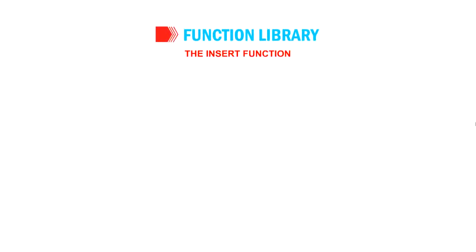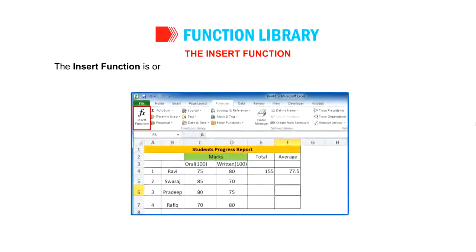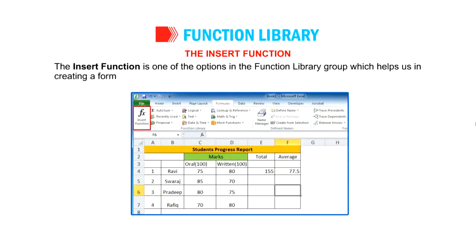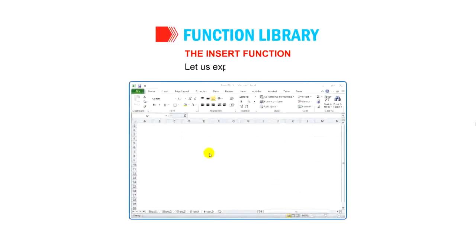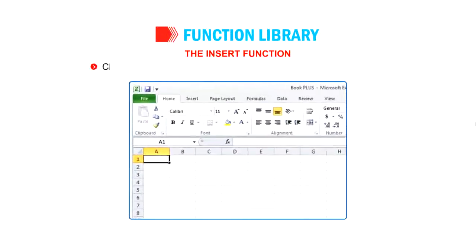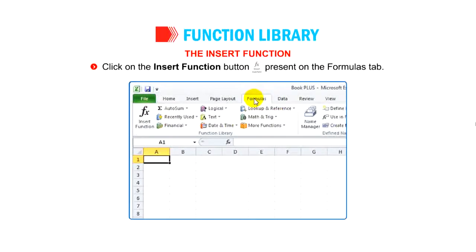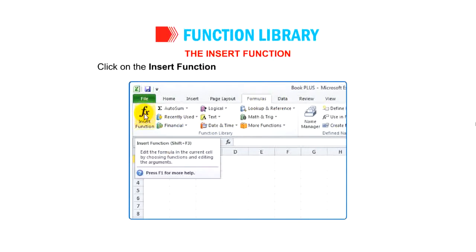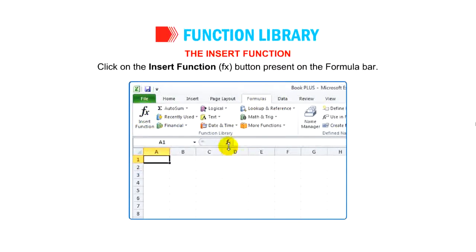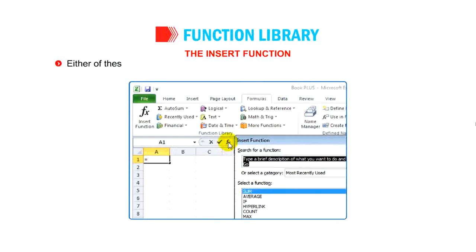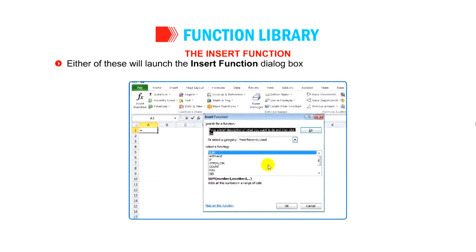The Insert Function. The Insert Function is one of the options in the Function Library group which helps us in creating a formula. Let us explore this option. Click on the cell in which you want to enter a formula. Click on the Insert Function button present on the Formulas tab, or click on the Insert Function button present on the formula bar. Either of these will launch the Insert Function dialog box